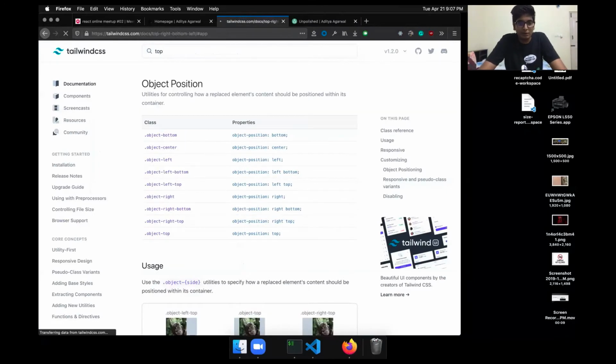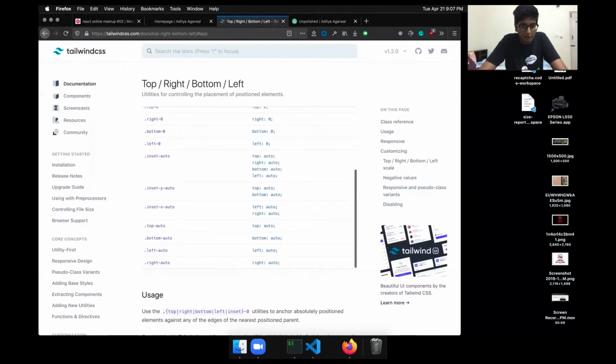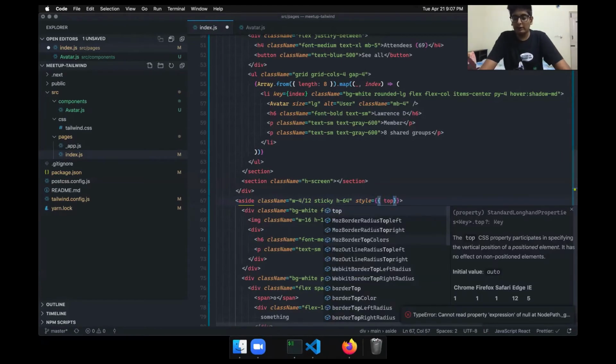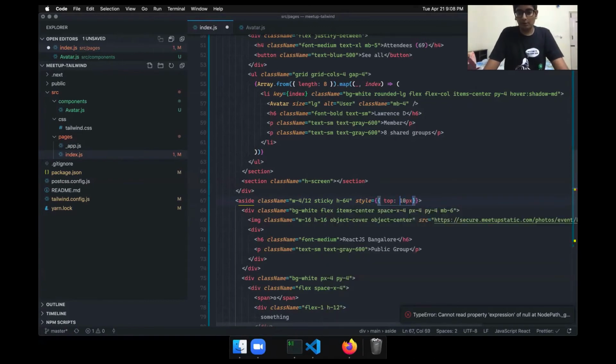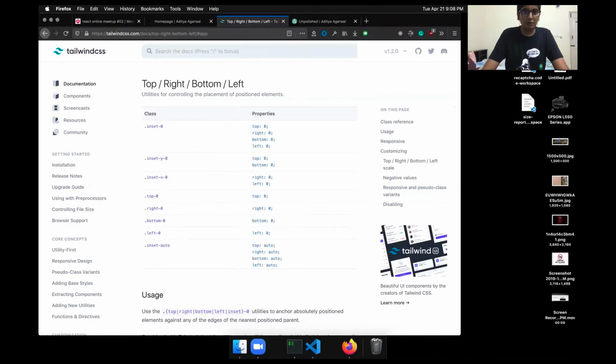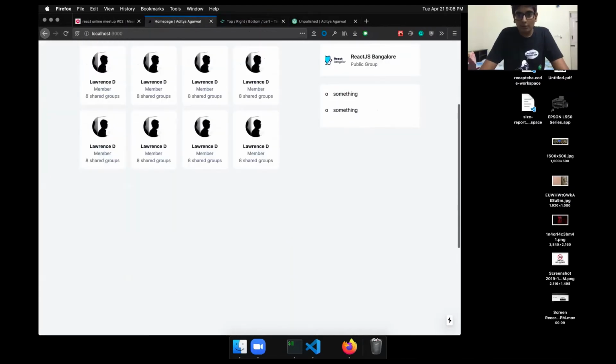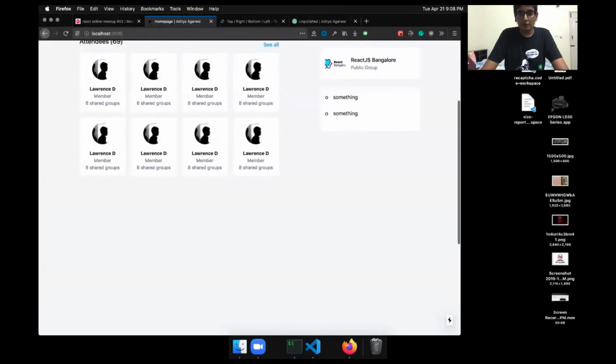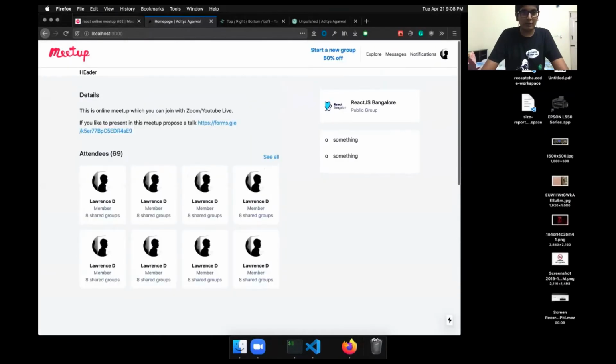So top, okay, so we don't have any custom value. So for these cases we can use a style object, because for small overrides it doesn't make sense to make another Tailwind variant, or if you want you can use classes as well. I just prefer this approach. So I can say top 10 pixel. So as you can see, now there's some gap. Increase it to 20. So now we have this effect.